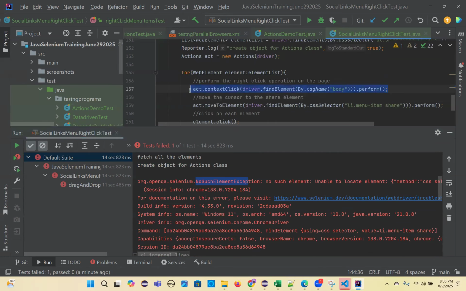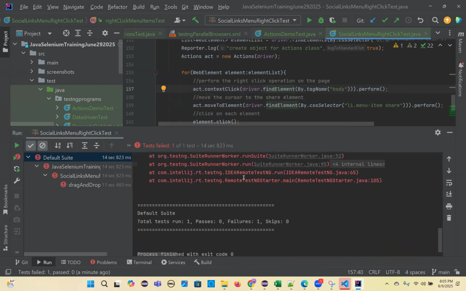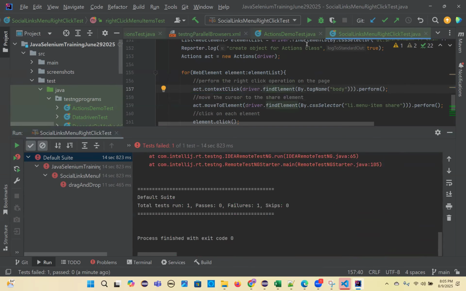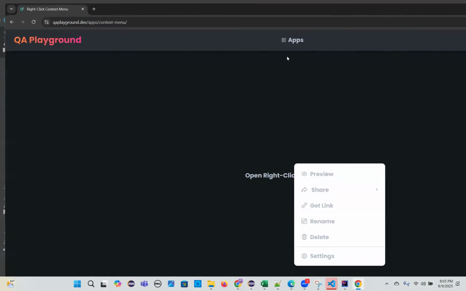So you perform the right click operation. Okay, this is the problem. This is not happening. That's why you are not getting the share. Right click is done. Why is it